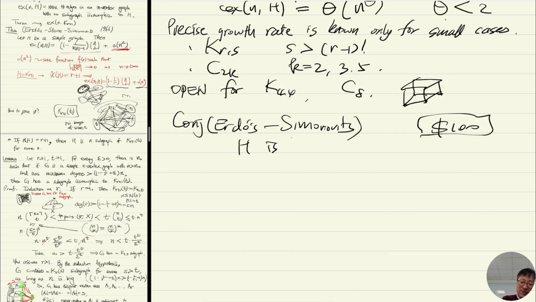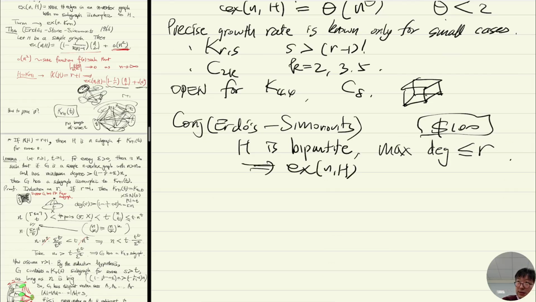So if H is bipartite and every induced, I don't know whether I remember correctly, maximum degree at most r, then the number of edges in a graph without that is